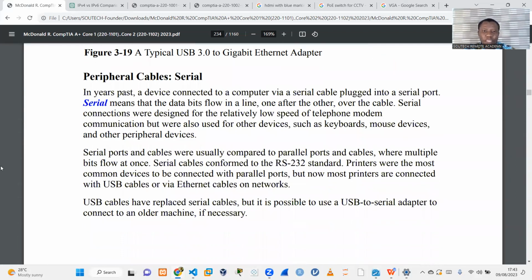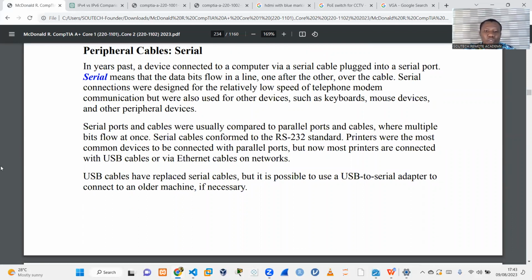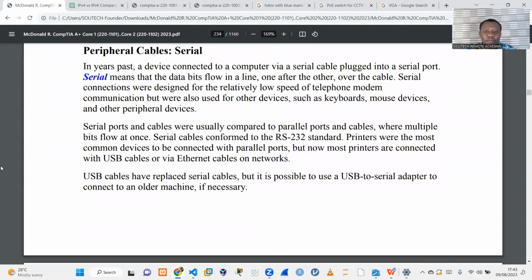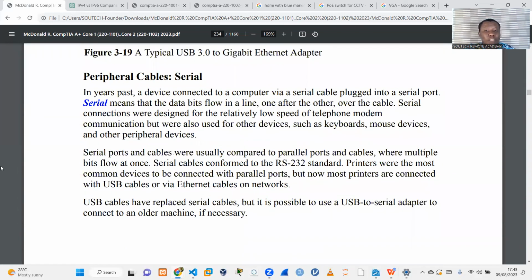Then you have serial cables. So you have RS232. Most of the time, what you should understand is that most serial cables are a little bit older. One place where you have serial cables and they are still in use is in hard drives. But even in hard drives, people are now migrating to,